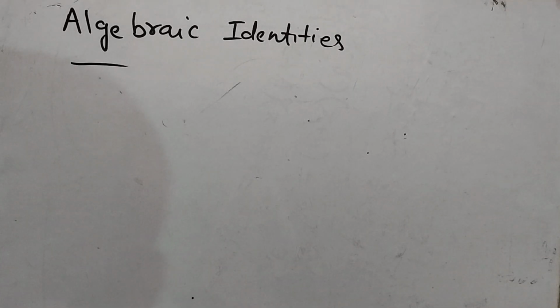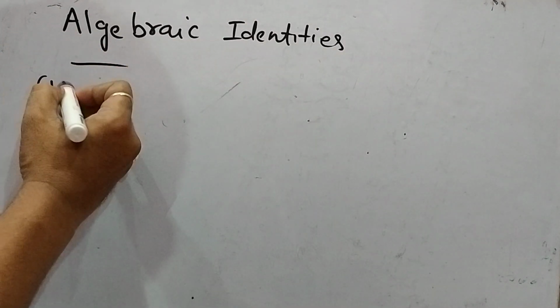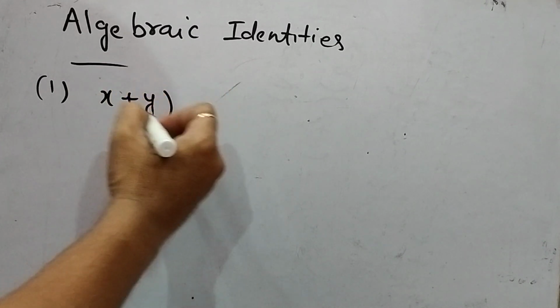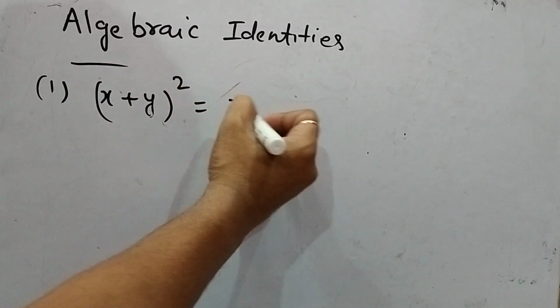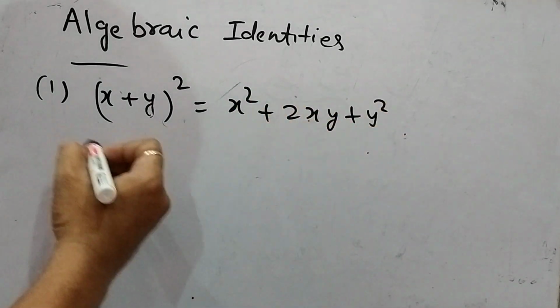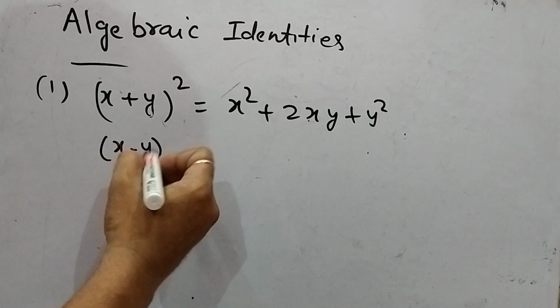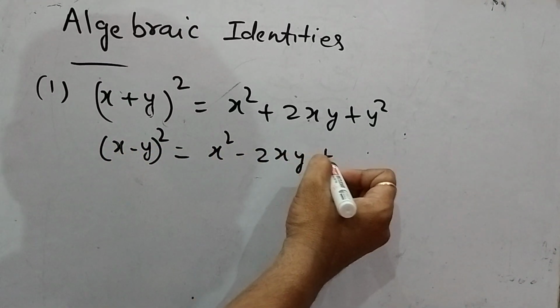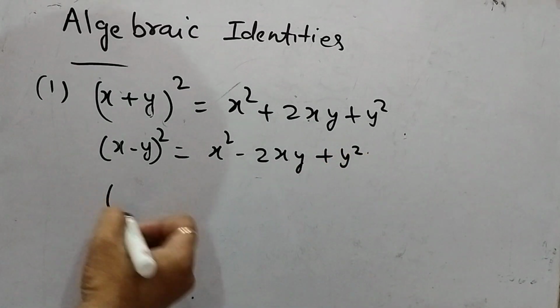Today's topic is polynomials, and in particular we talk about algebraic identities. We have many algebraic identities. Some of the identities I am going to write on the board: (x + y)² = x² + 2xy + y², (x − y)² = x² − 2xy + y²,